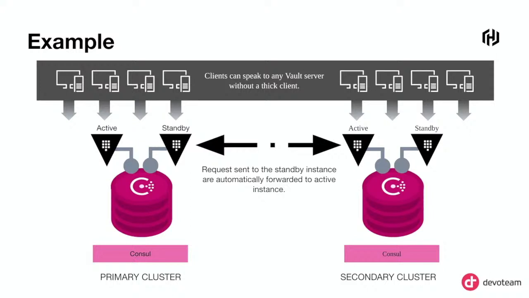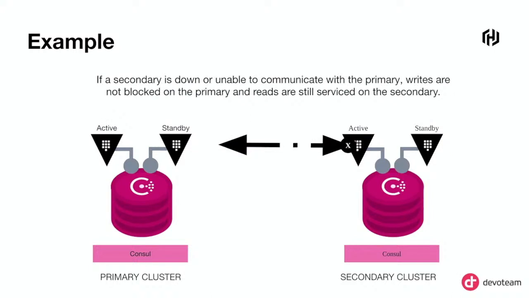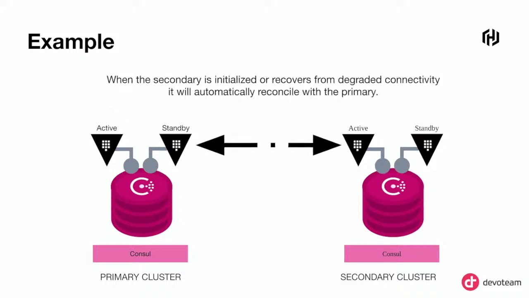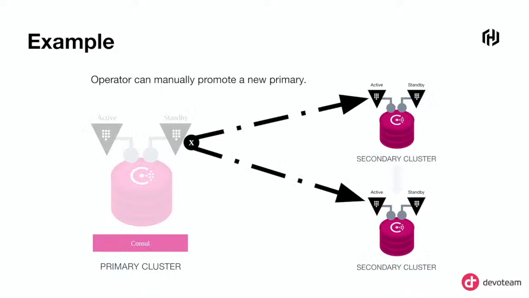So you basically start with these 2 clusters, and then you make sure that your clients have a very easy way to access it. Of course, it has all these nice features like every replication has. If one of them is not responding, it will send to the other one, and etc. And if it's back, it will synchronize. And again, it can select a leader if your leader cluster is dead.